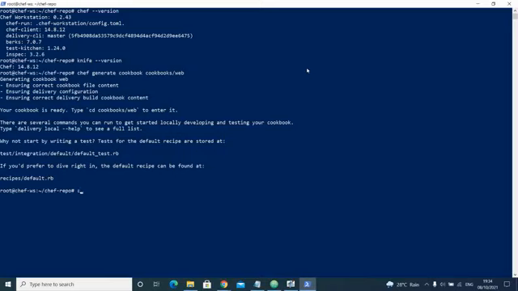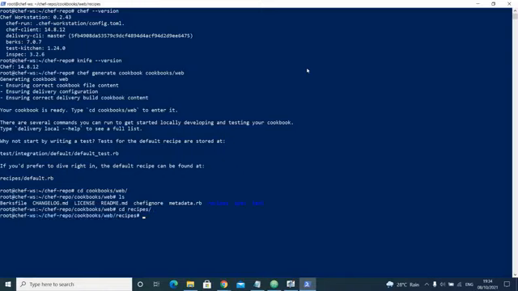So now I'll just go to cd cookbooks/web. Okay, just let me check. Now I'll go to recipes, and I'll check ls. There is something called default.rb. default.rb contains the default recipe.